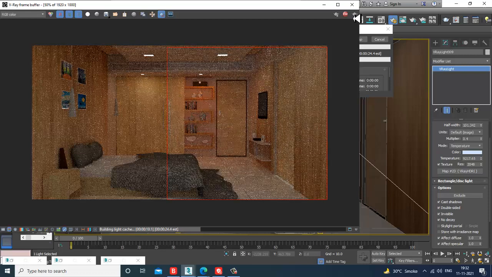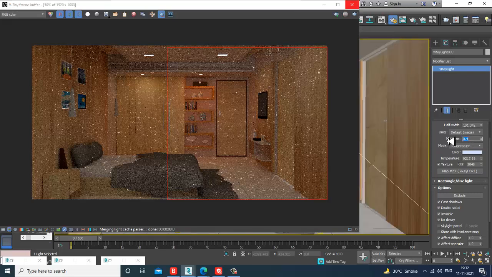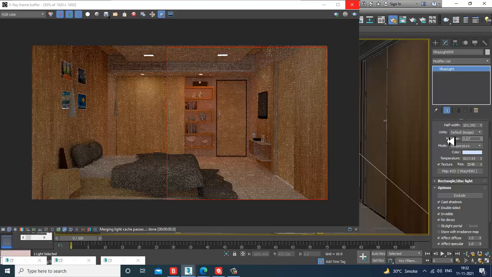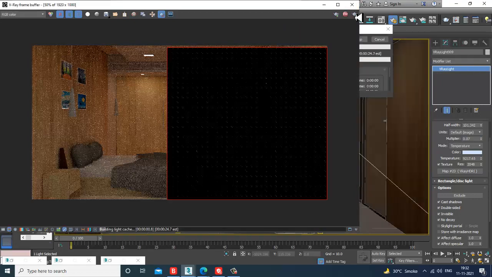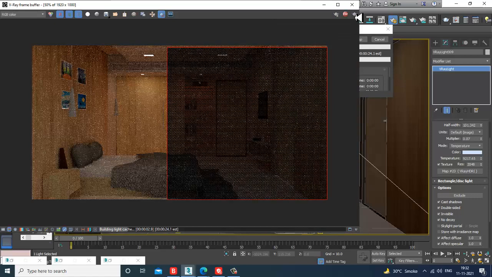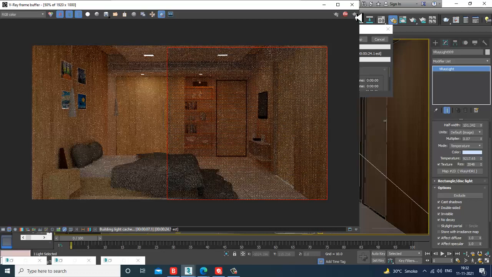And 0.07 is going to make it darker. There is a bit of difference, definitely.